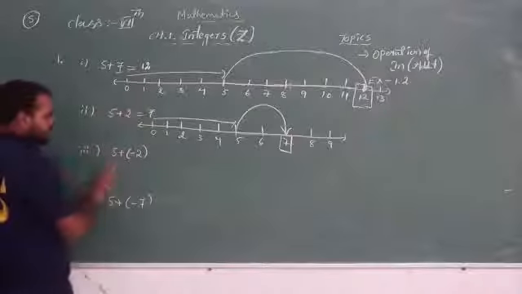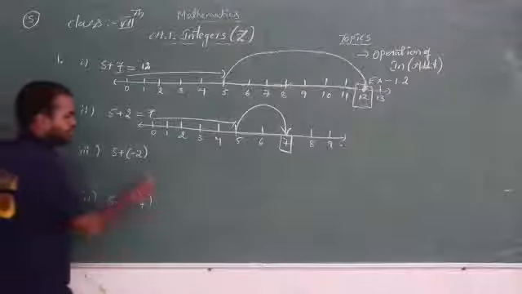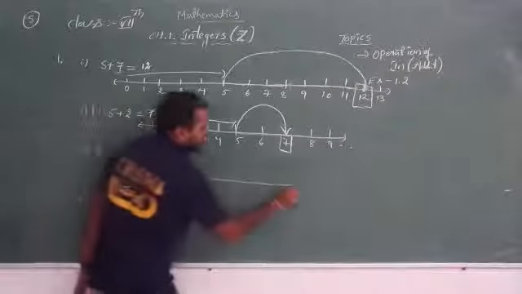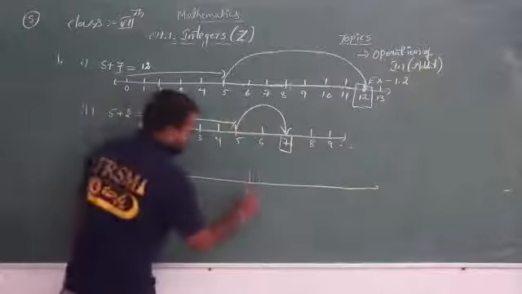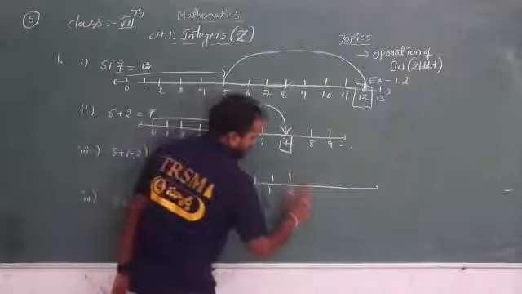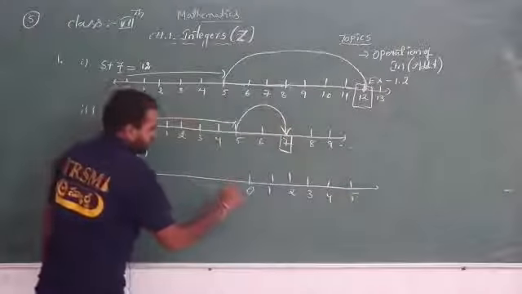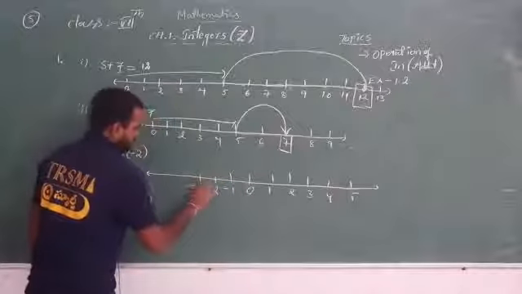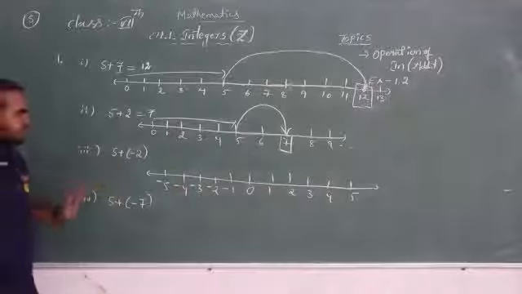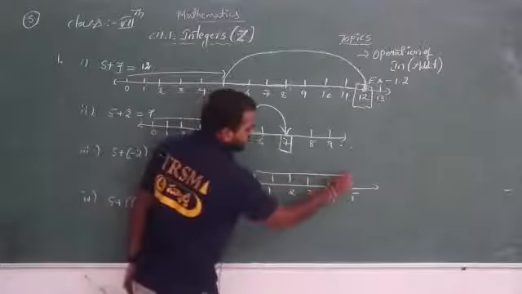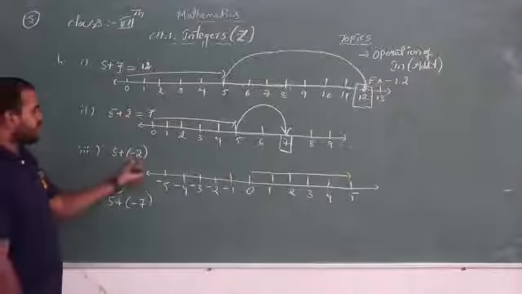Now see here. Now we have a positive and negative. Here also positive and negative. Now how to move? First we just draw the number line. I am taking both positive numbers and negative numbers: 2, 3, 4 and 5, and minus 1, minus 2, minus 3, minus 4 and minus 5. What is the first number? 5. So where is the 5? Here it is, right?